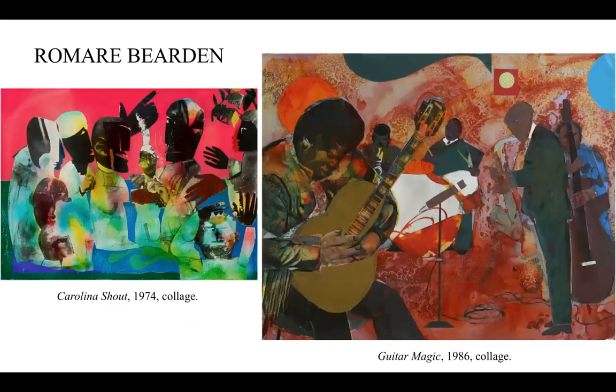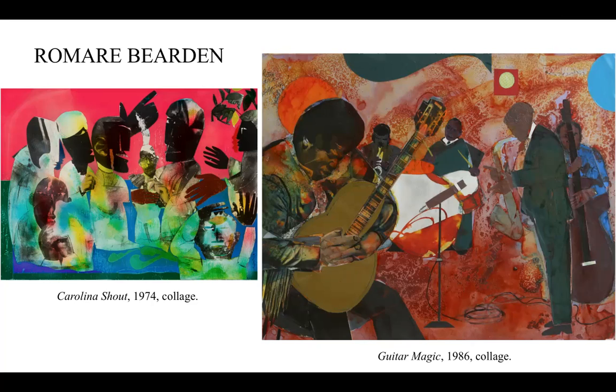And then my next artist is Romare Bearden. A fun fact about this artist is that he was actually given an honorary degree by Davidson, which is pretty cool. But Bearden was very influenced by African art and especially Egyptian art, which I think can be seen a lot in the structure and the divided nature of his collages.